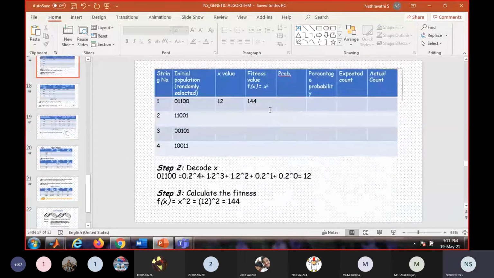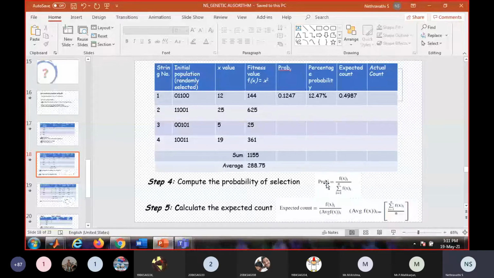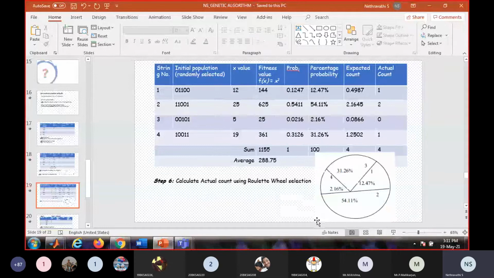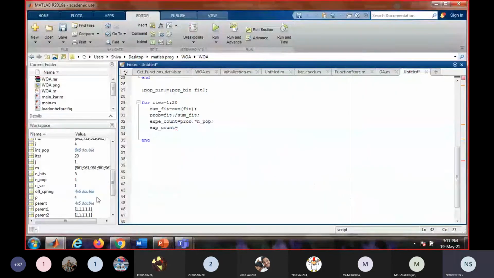Yeah, we have calculated the probability, right? So expected count is F divided by average. What is average? Average is nothing but sum divided by N. So if you substitute it here, F by sum into N. F by sum is nothing but probability. So if you simply multiply the probability with N, you will get the expected count. So expected count is equal to a round of this value.